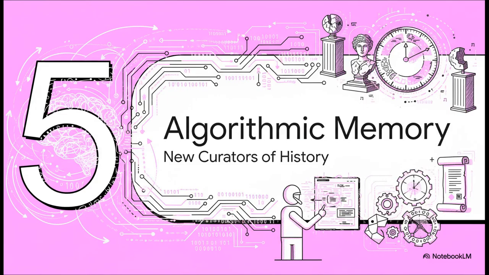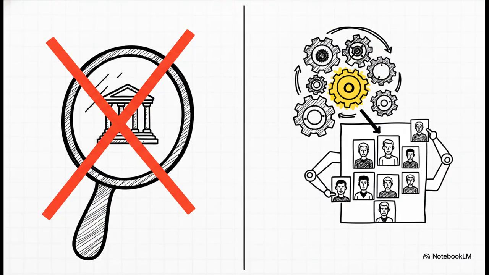So, what does all this add up to? What does it all mean? It means we are watching in real time the birth of a totally new kind of collective memory. And this one isn't being shaped by historians or museum curators, but by lines of code. The big takeaway here is that the algorithm isn't a passive mirror. It's not just reflecting our established culture of memorialization. No, it's an active participant.